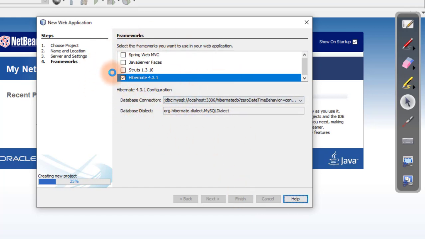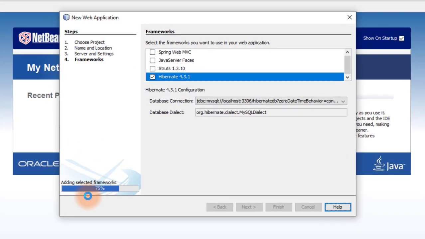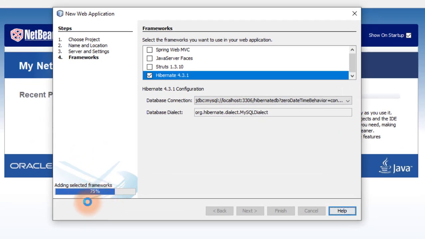To remember this, when we create a Hibernate project, it will create a default main configuration file for Hibernate. Just wait for some time. As we can see here, it is creating a Hibernate project, right? It adds all the required files and the libraries which are used for Hibernate.